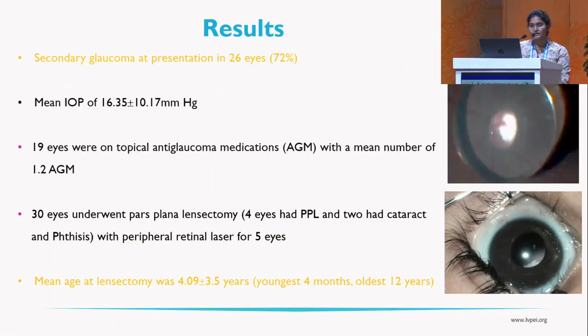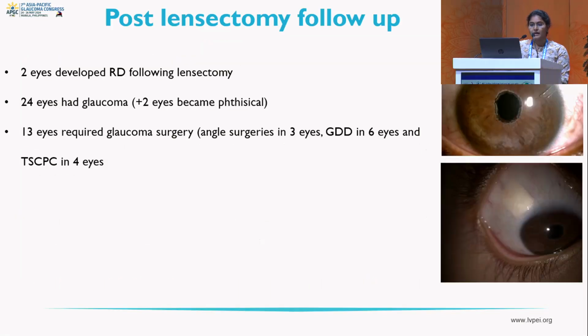Secondary glaucoma is present in almost 70% of the eyes, and the majority of them are on topical anti-glaucoma medications. Mean age at lensectomy was 4 years; the youngest was 4 months and the oldest was 12 years. Post-lensectomy, 2 eyes developed retinal detachment. Almost 65% of them had glaucoma, and half of them required glaucoma surgery like angle surgery, glaucoma drainage device, and